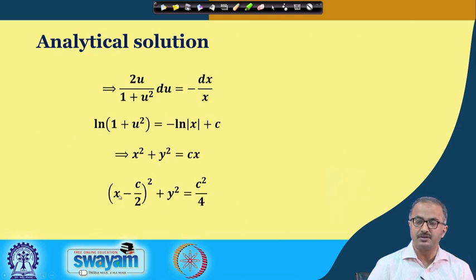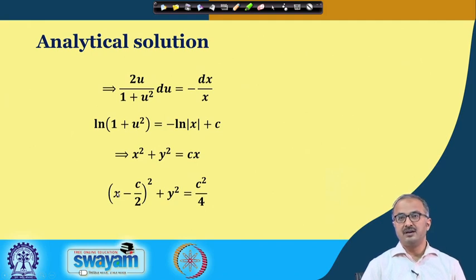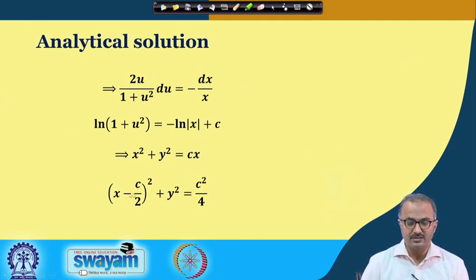Now, this equation again may be reduced to this particular equation, which is quite known to us, and this equation represents a circle. You can see that depending on the value of the C, the circle will have different radii. So, C may be 0, C may be positive, C may be negative, but C will be some kind of integer value, or it may also be some real value.